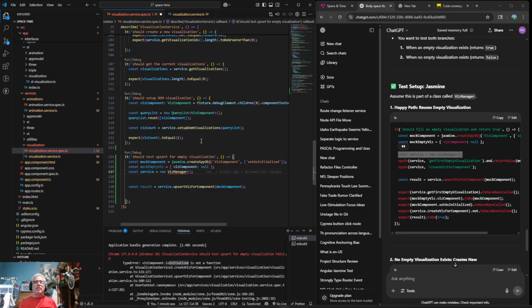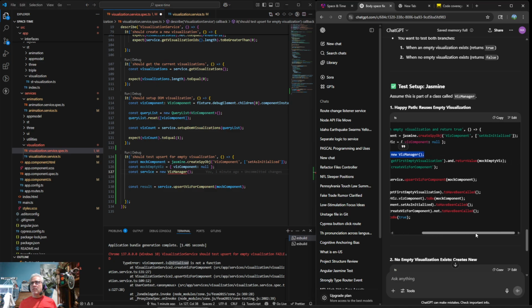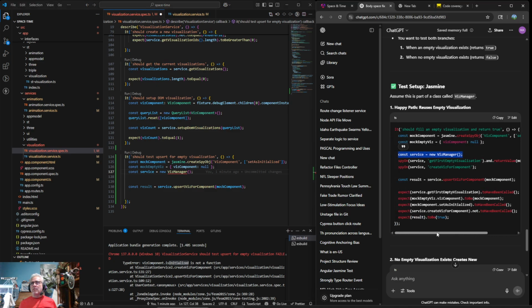Now, do I pull in? All right, so this is not working, and I don't understand. Why is it trying to create a Viz Manager?